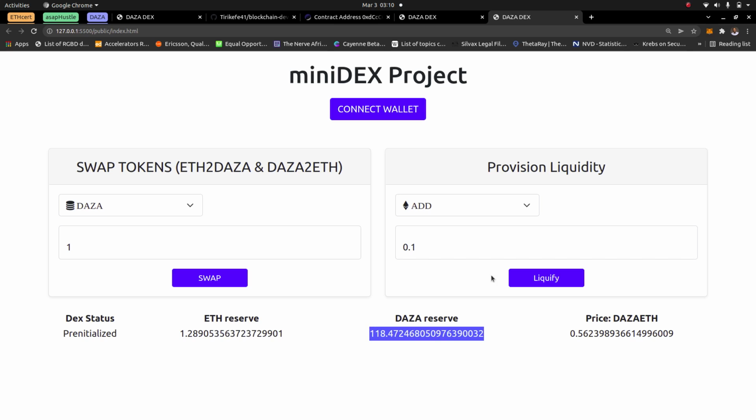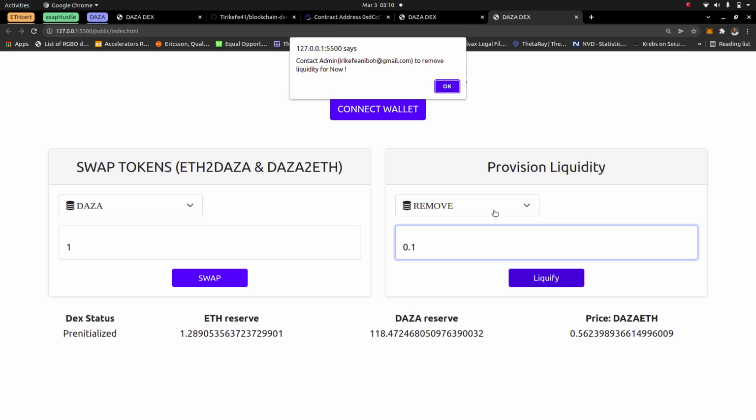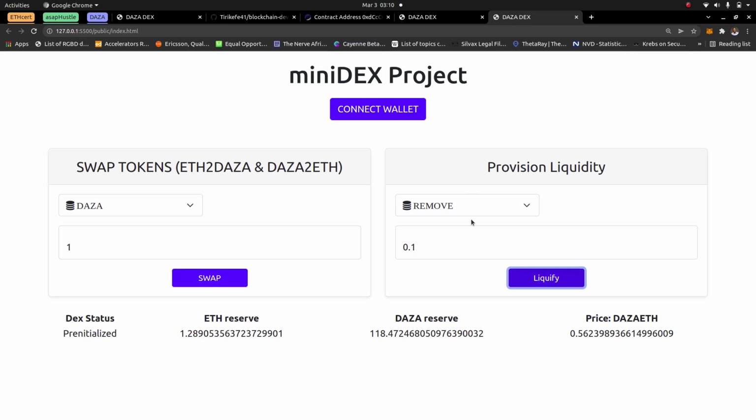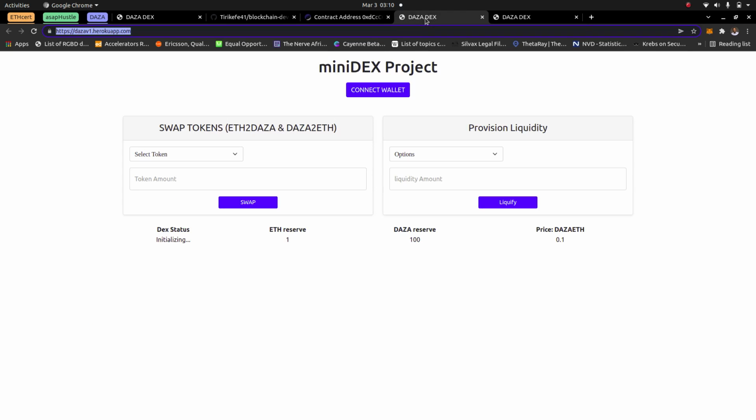That's about that. But for the remove liquidity functionality, I was very intentional not to allow just any individual to remove liquidity, because the DEX is still a basic iteration of what we want to achieve, and I do not want anyone draining the liquidity that exists on the live platform. This is a live platform running on Heroku. Okay, so as you can see, I successfully interacted with it, and I could also do the same with the live